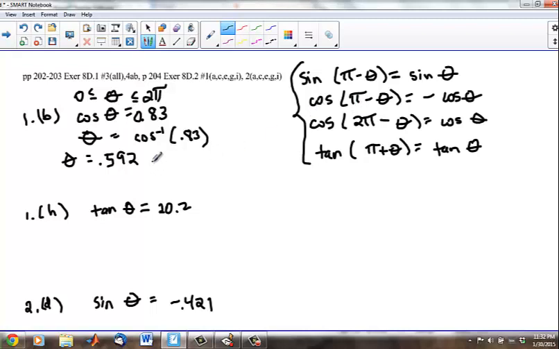So we're going to go ahead and take a look at these trig identities. We already have one value of theta, but we need another value of theta. So we know that cosine of theta is equal to cosine of 2 pi minus theta. So these two things are equal. We know that the cosine of theta is equal to 0.83. Cosine of 2 pi minus theta would also equal 0.83. And so therefore another value for theta could be 2 pi minus